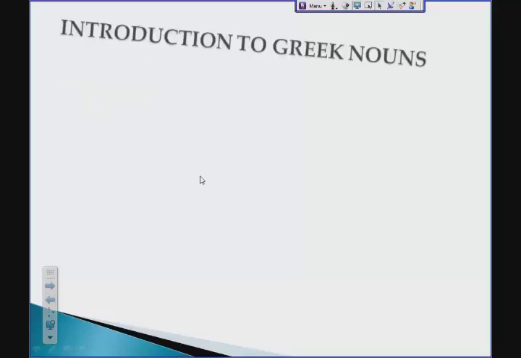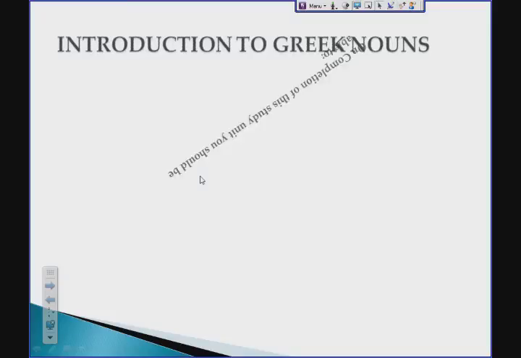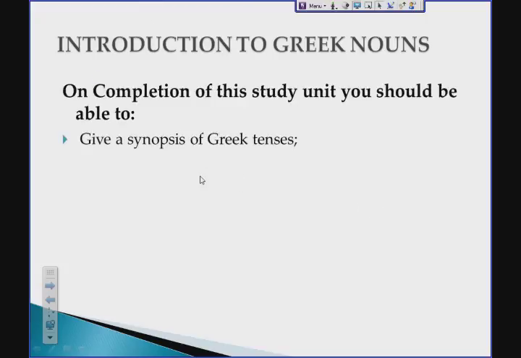Again, my slides are repeating just like last week. Introduction today to Greek verbs. I'm sorry, there I have Greek nouns, but it's Greek verbs. That's basically what we are doing, and their